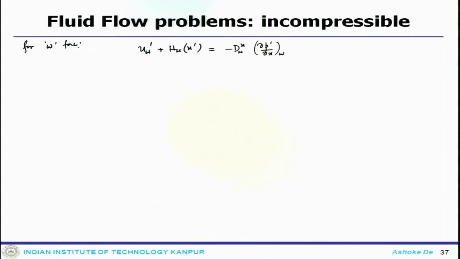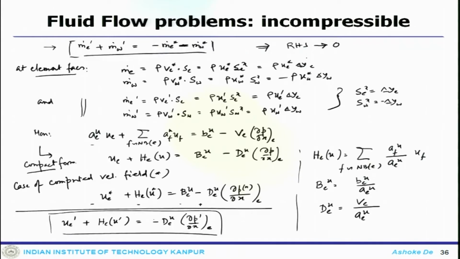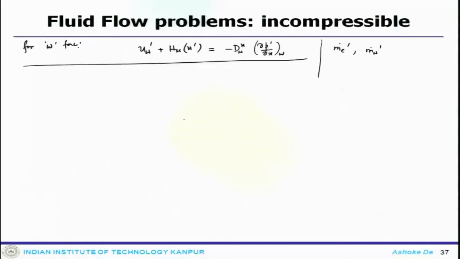Now, if you use this and combine it with the continuity equation, whatever we have got like m dot E prime, m dot W prime, these things if you put in the continuity equation, and that is one component. Whatever we have obtained here, m dot E prime, m dot W prime, if you put those things in the continuity equation, that gets you